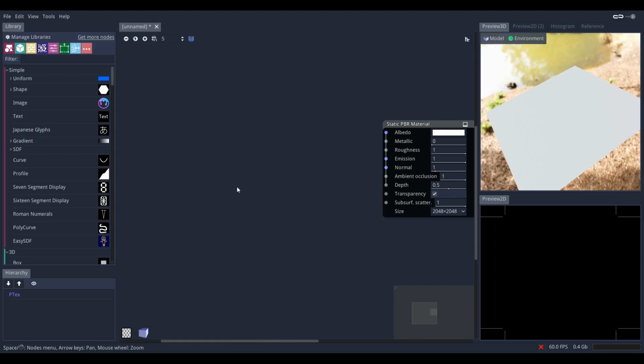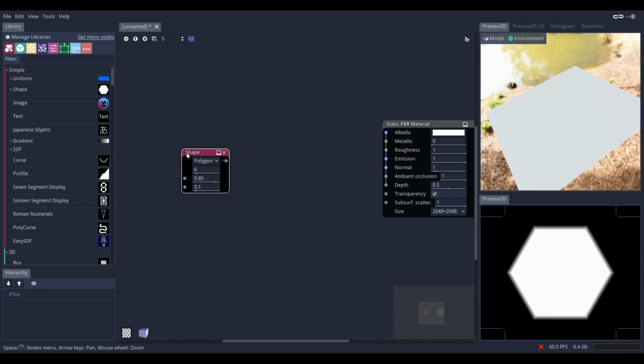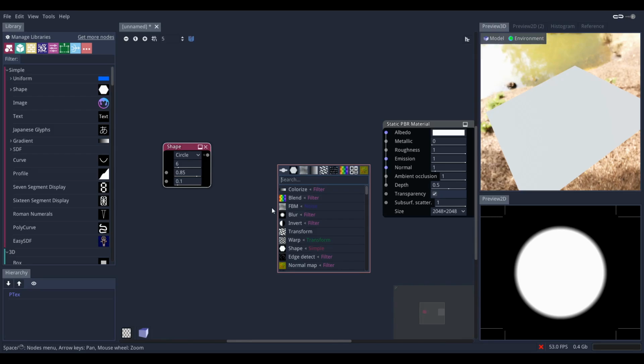Now that we had a quick overview of Material Maker, I'll start by creating a simple texture. We'll be making a dust or smoke particle, and for that I will be right clicking and choosing the shape node. I'll change it from polygon to circle. I will drag from this, and if we let go, we get the same menu. I'll be writing warp,